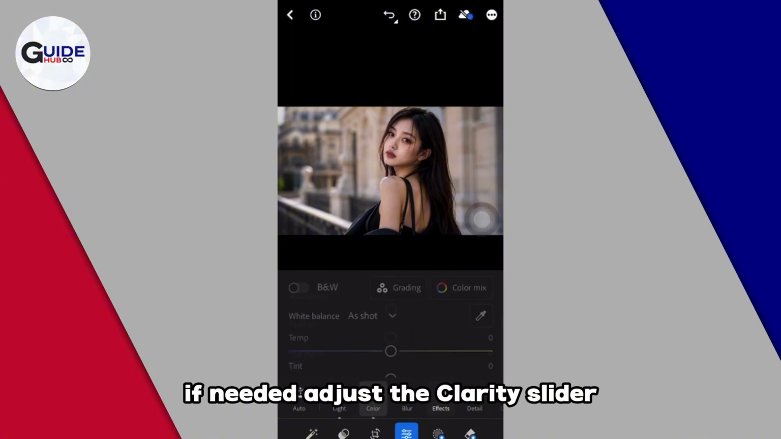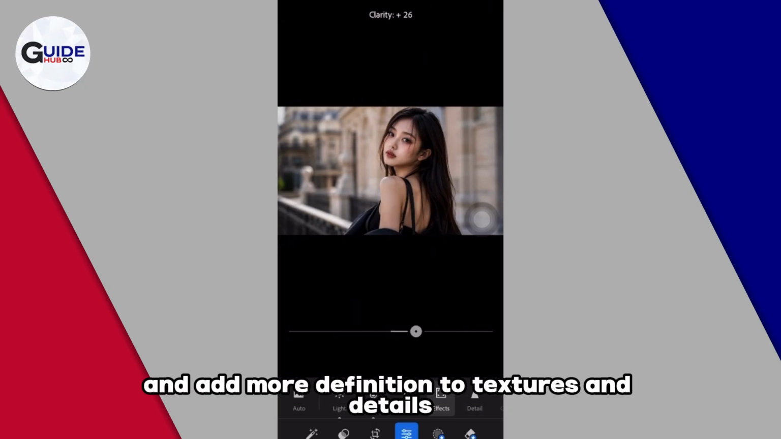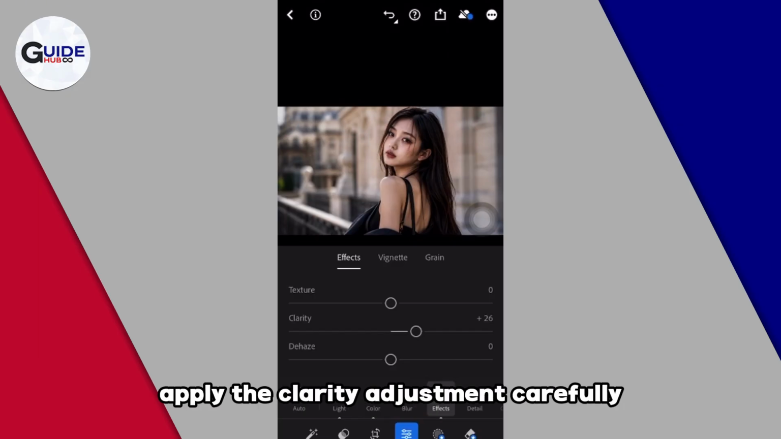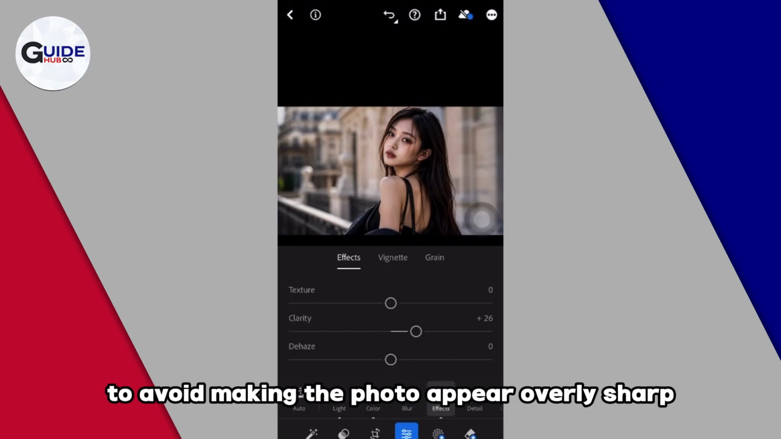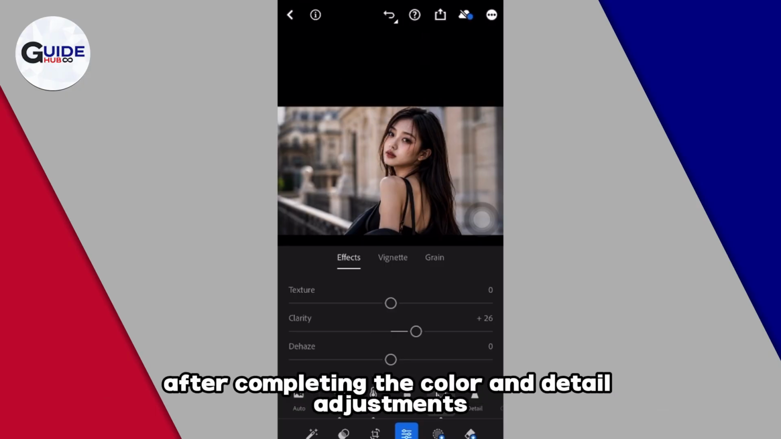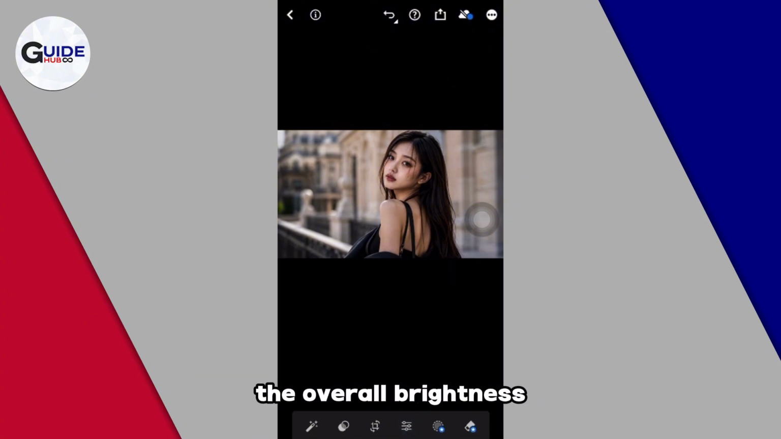If needed, adjust the clarity slider to improve the mid-tone contrast and add more definition to textures and details throughout the image. Apply the clarity adjustment carefully to avoid making the photo appear overly sharp or unnatural. After completing the color and detail adjustments, review the HDR effect by checking the overall brightness,